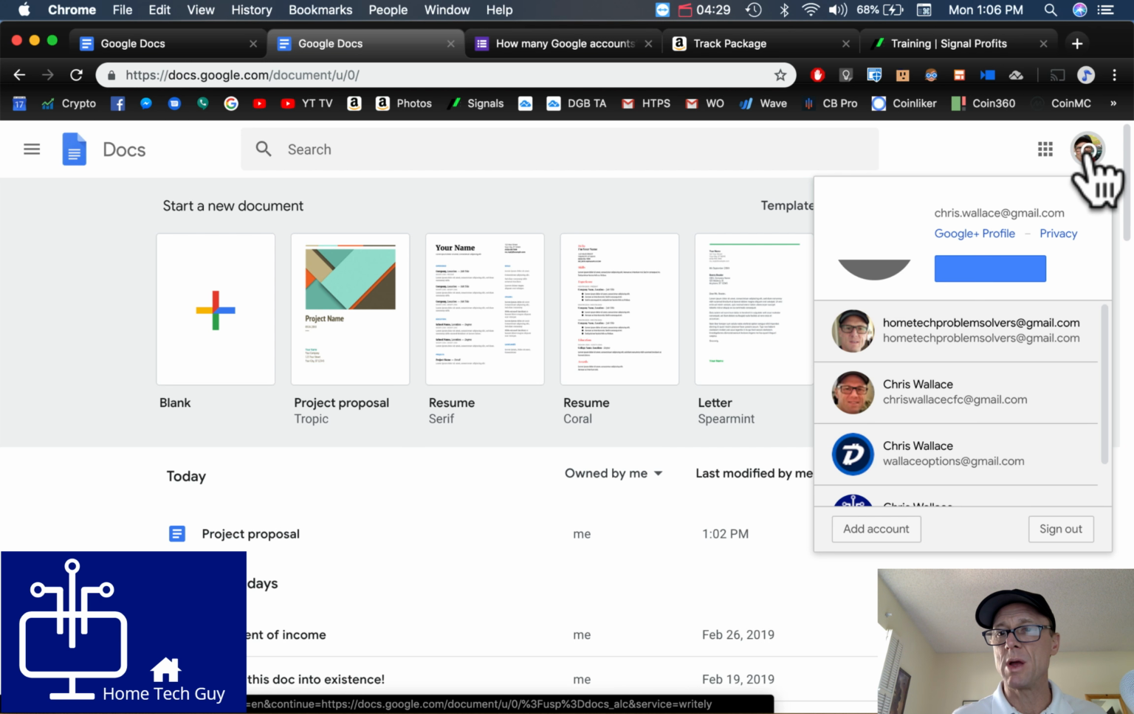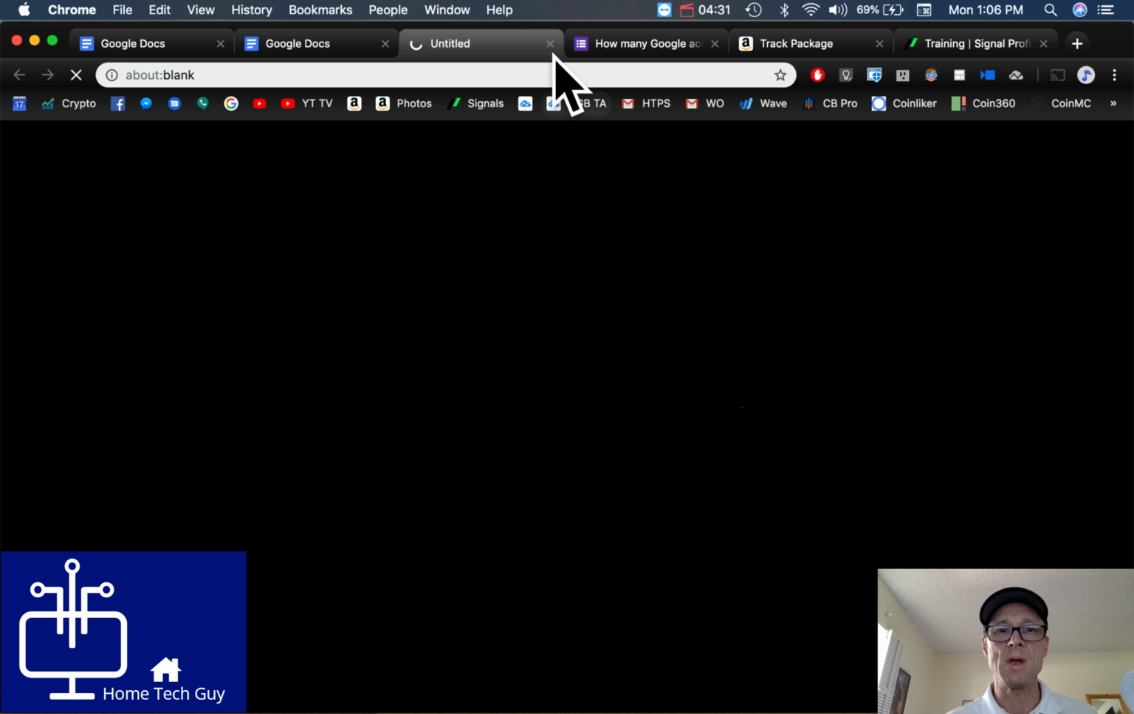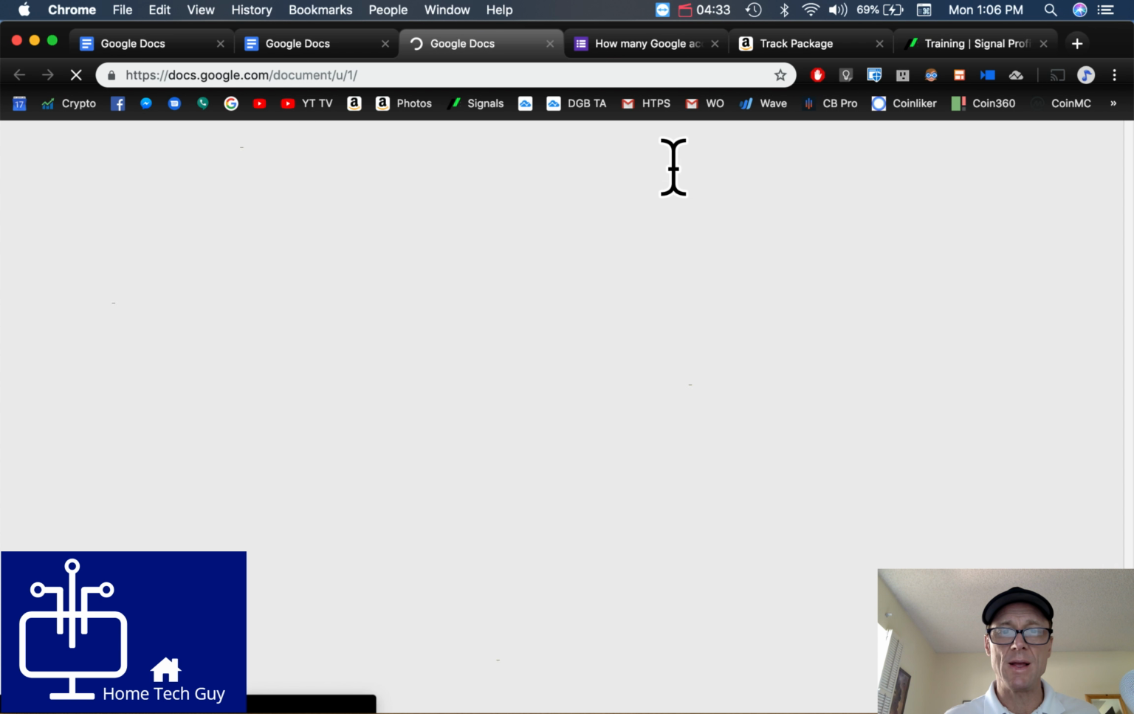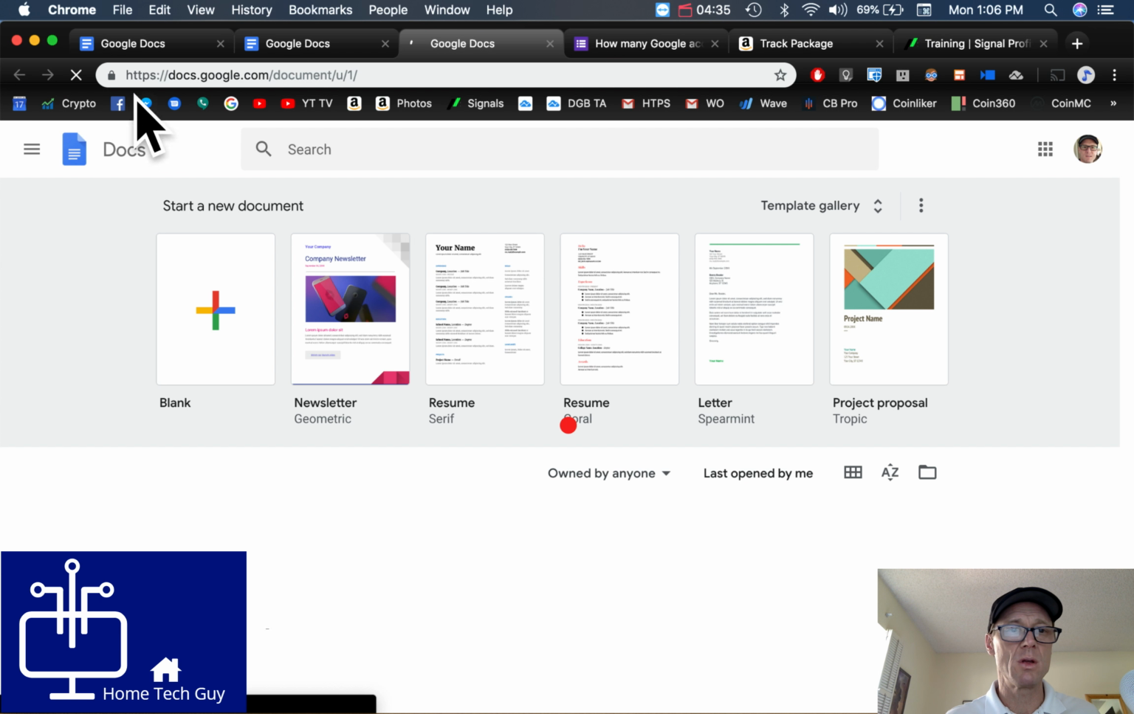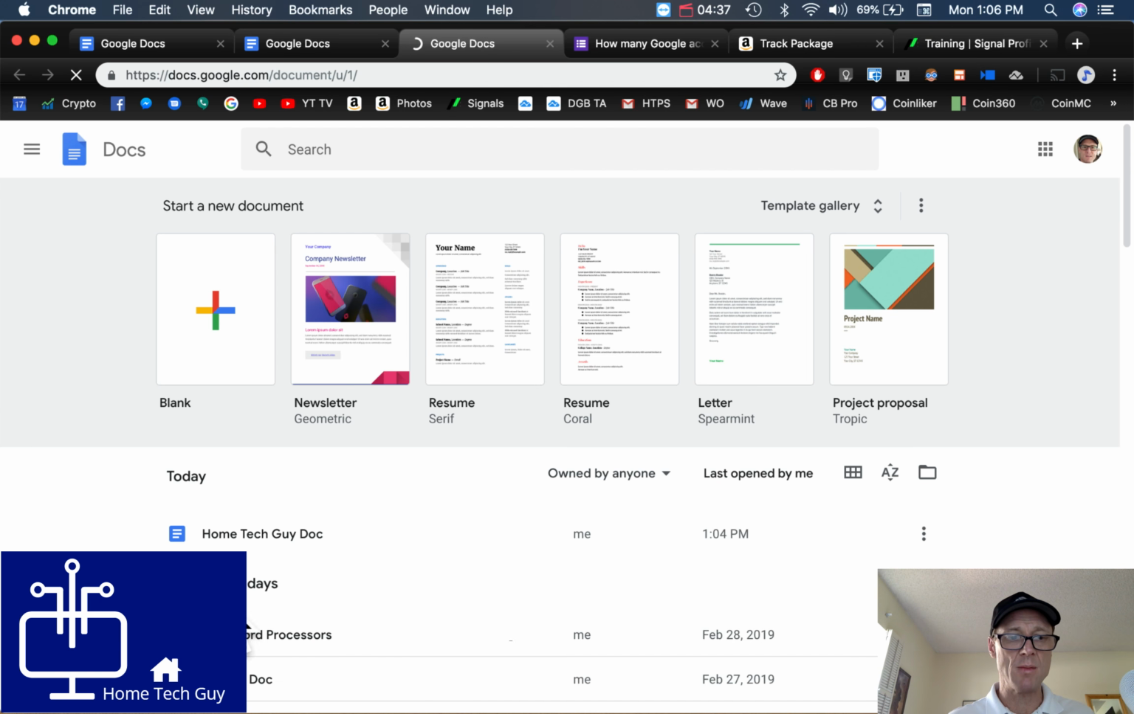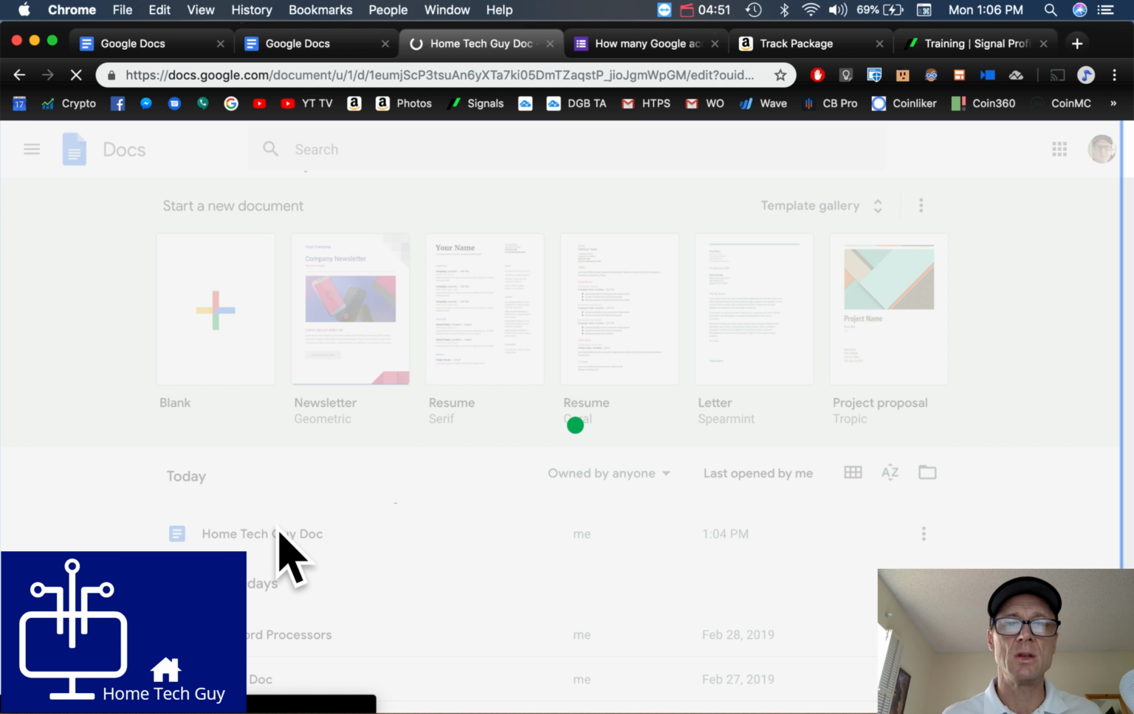It keeps logging into one of my accounts. I'm going to log into my main account here, and here I am. And when I get back to that page, I can see down below here the document that I just created today, and it shows me last opened at 1:04 p.m., which was 2 minutes ago. And all I have to do is click on that, and I can continue